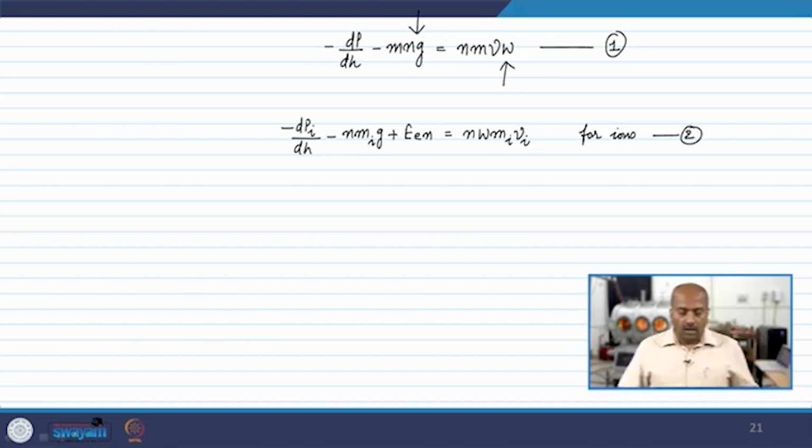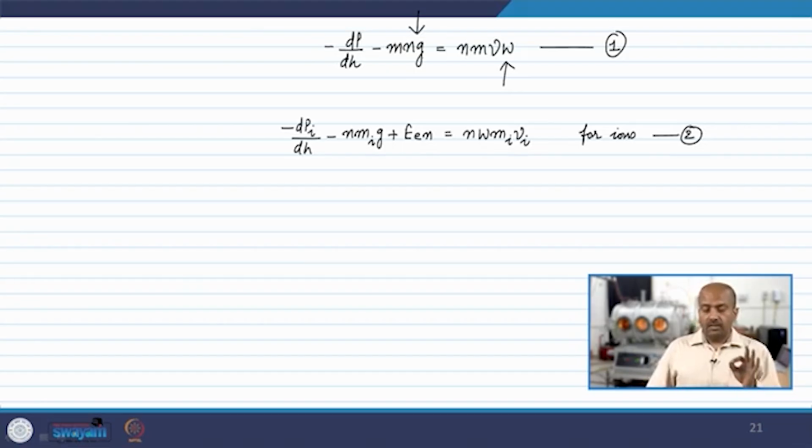You see this dp by dh, the force is exactly opposite to the pressure gradient. So, this minus sign is justified. Okay. dpi is the pressure gradient in the partial pressure of ions. n is the number of particles per unit volume. Each of these particles has an average mass of mi. So, the total gravitational force that the plasma will experience per unit volume is n mi g, and this is e E n. You see this force, F is equal to E q. The force per unit volume due to the electric field is e E n